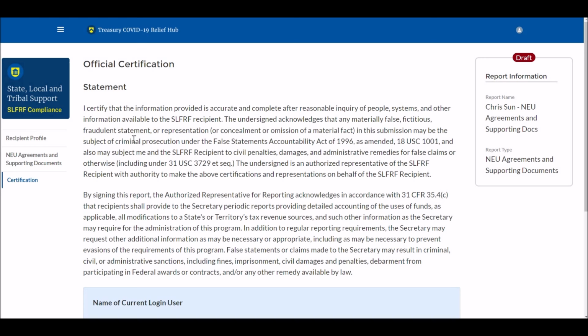official certification. Here you're going to have certification language to make sure that what you're submitting here is true and accurate. So please read this statement. And once you've done that, we're going to scroll down.